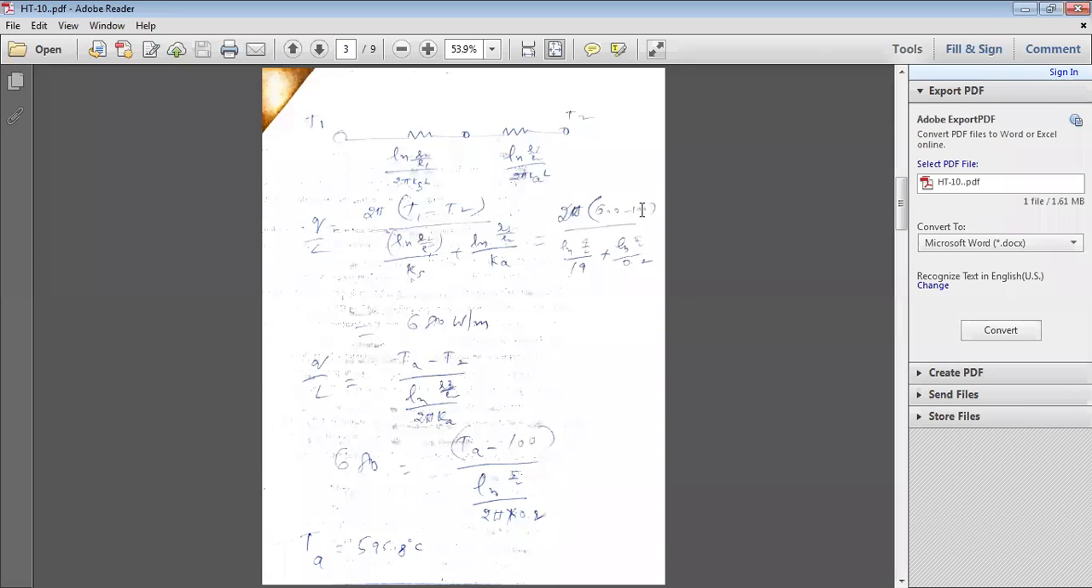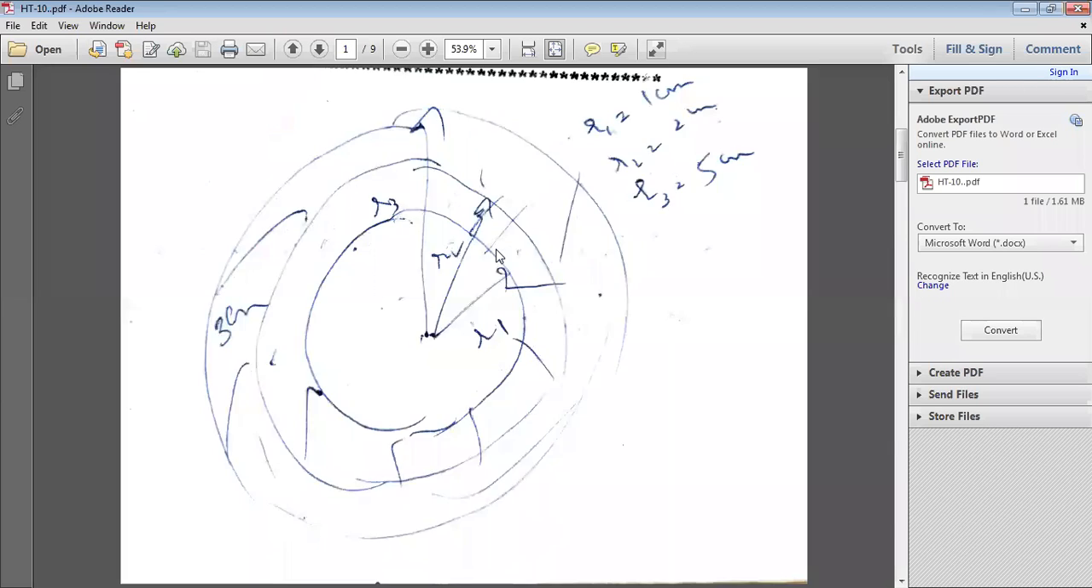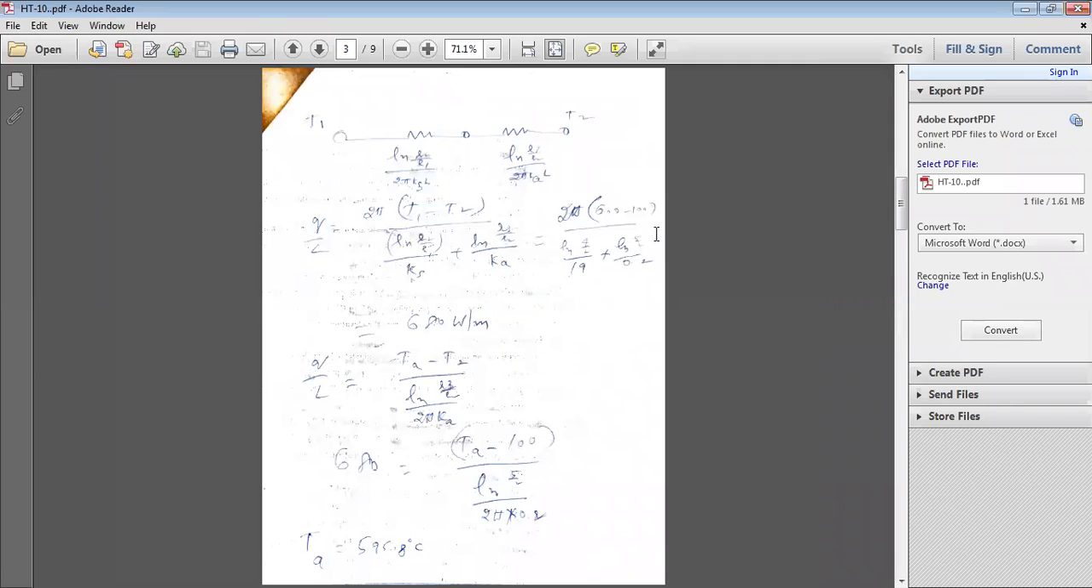2 pi into 600, divided by Ln R2. What is the R2 value? R2 is 2 centimeters, R1 is 1 centimeter. So 2 by 1, or 4 by 2, no problem. If you take the radii it is 2 by 1, if you take the diameters it is 4 by 2, either way. So 2 by 1 divided by